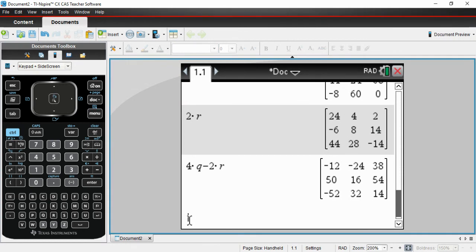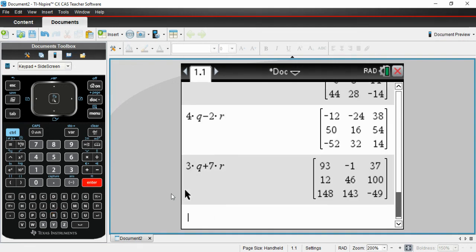So the next question in your test somebody would turn around and go, now that you've found 4Q minus 2R, I want you to find 3Q, oops, sorry, I moved my cursor, plus 7R. I could sit there and multiply everything, or I can just type this into my CAS and suddenly get 93, negative 1, 37, etc. Using the CAS will save a lot of time when it comes to